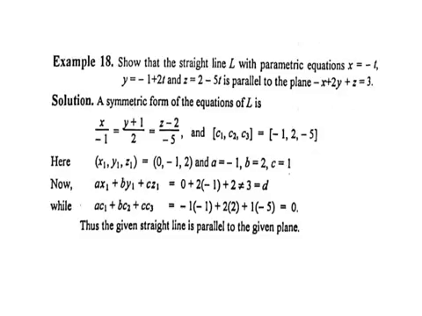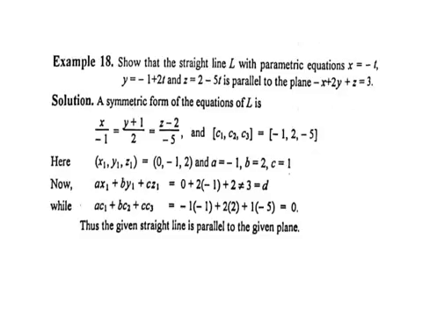Here a, b and c are the coefficients of the plane, which gives a equals minus 1, b equals 2 and c equals 1. Now ax1 plus by1 plus cz1, after substituting the values of a, b, c and the point x1, y1, z1, we will get